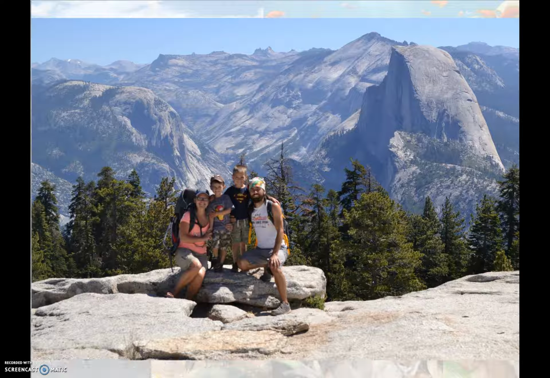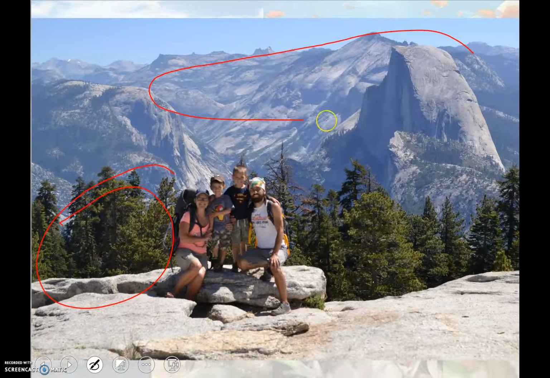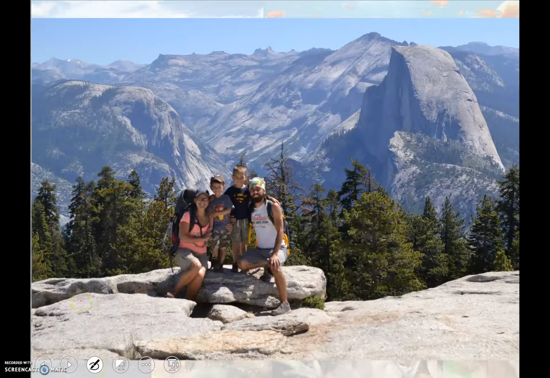look at here. Here's a picture of my family on Sentinel Dome in Yosemite, and you can see in the background Half Dome. Now, on Half Dome, like you see here, there's trees. There's soil down below this rocky dome, but over here you see not a lot of life, and that's because there's rocks. There's not a lot of soil on that surface, and therefore that would affect population sizes. Also, if you get too high up in elevation, sometimes the air is too thin and there's not enough carbon dioxide, which would be another abiotic factor that would limit the size of the plant populations.